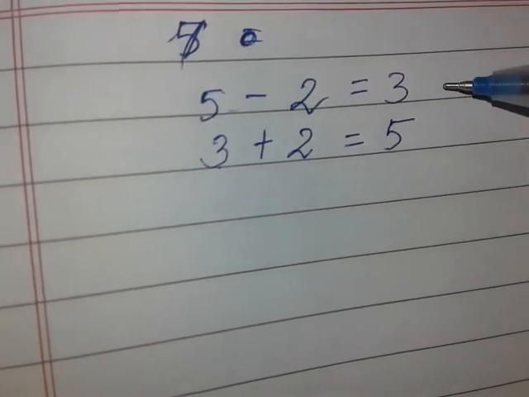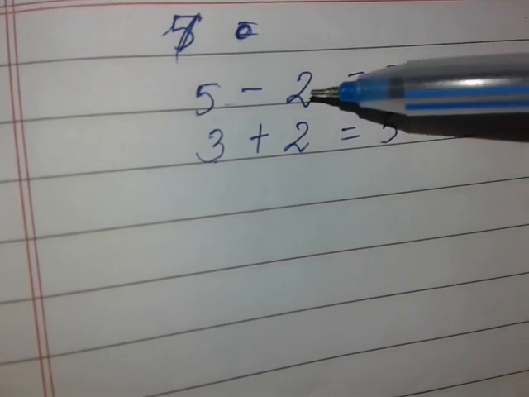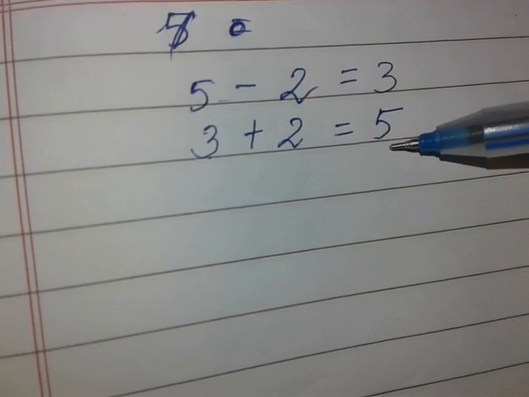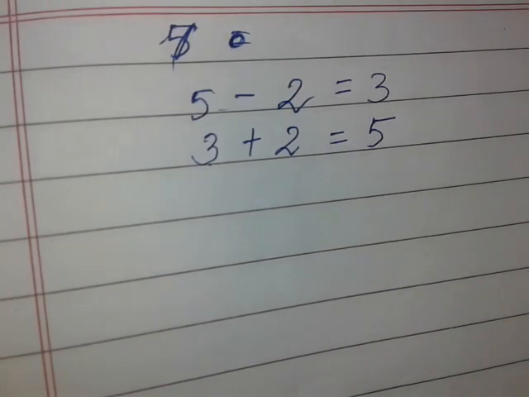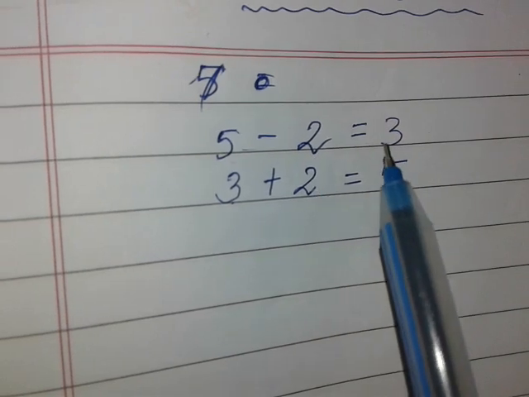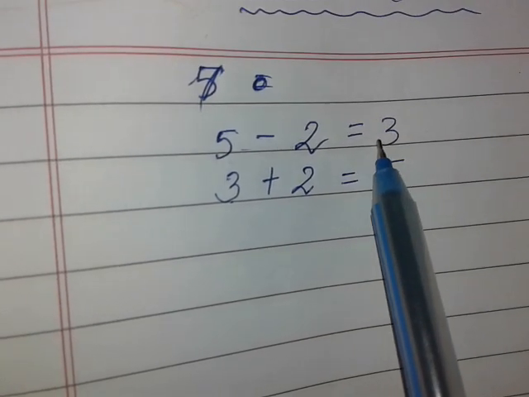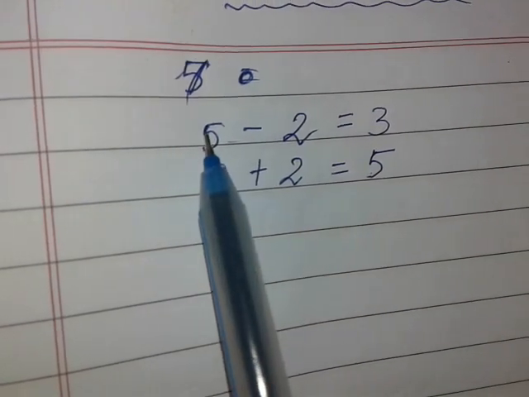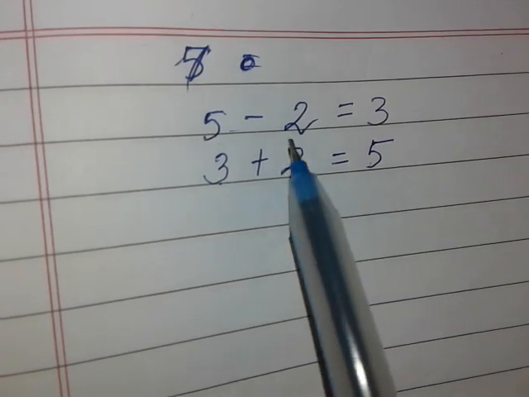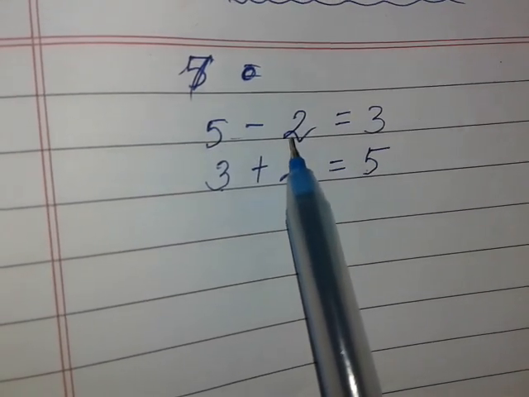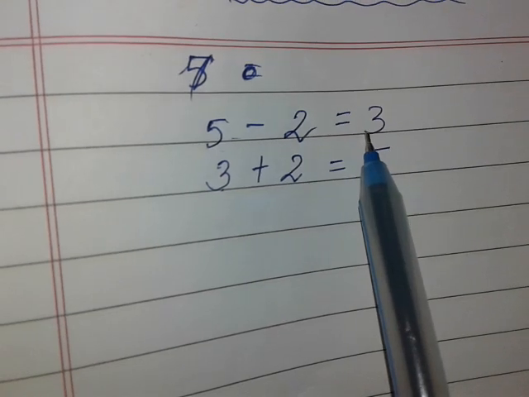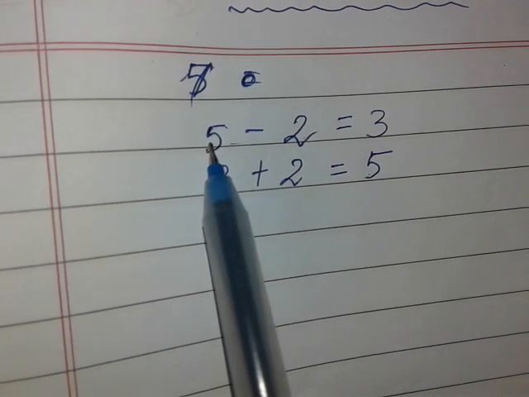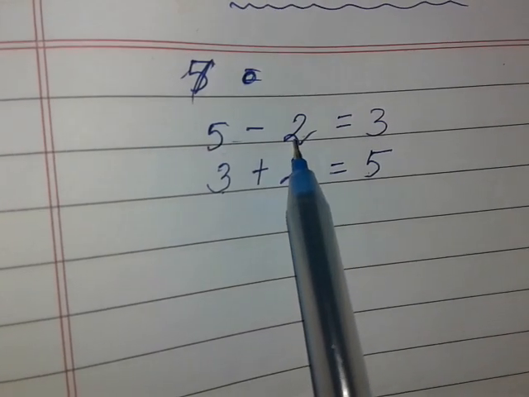So note one thing, children, from this story, that we have created a subtraction statement and an addition statement with the number of toffees. Notice here that 5 minus 2 is equal to 3. Again, when 3 and these 2 are added, we get this 5. This 5 is this 5. This means when two numbers are subtracted, the result of subtraction, when added to the other number, gives us the earlier number, the first number from which the number was subtracted.